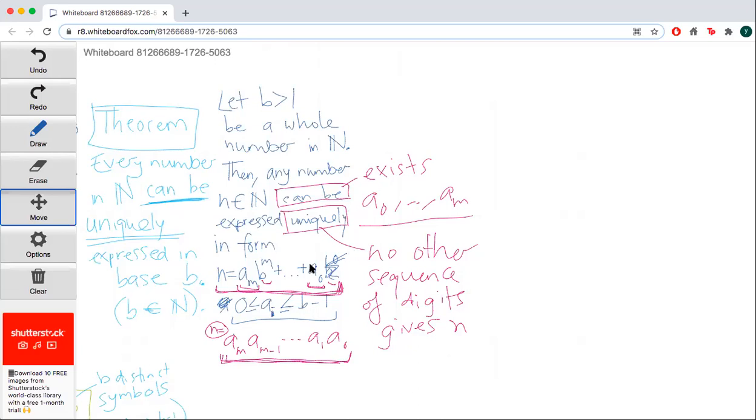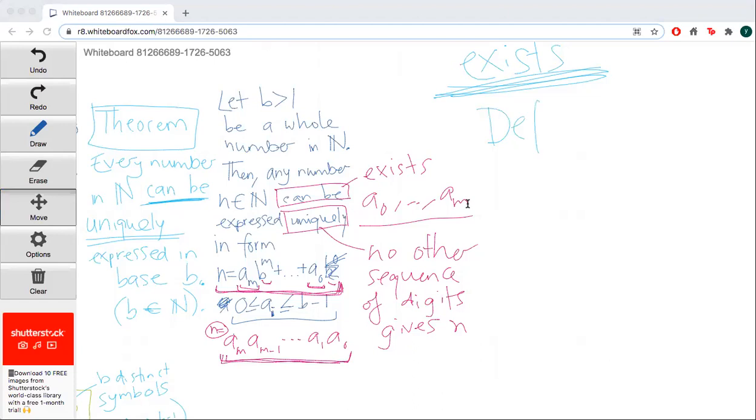Okay, so I'm going to start with existence, which is the part that's "can be". So it exists. There is a bunch of sequences, a bunch of digits. So the way we do this, and I said "the way" because it happens to be the unique way,